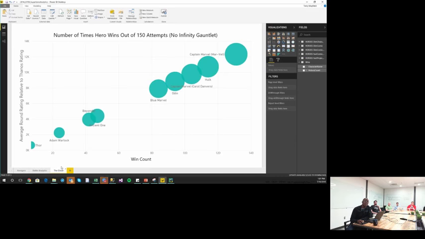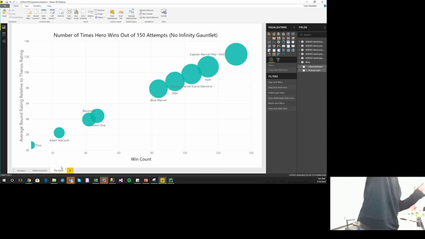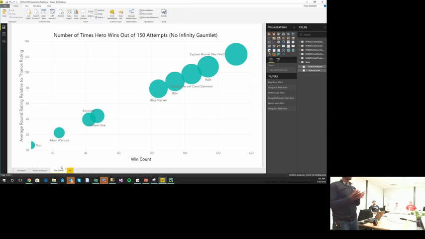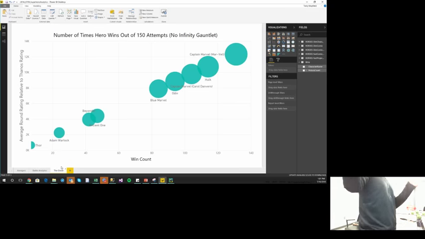So this is a chart that looks at if you fought Thanos 150 times, with no Infinity Gauntlet, given your standard power grid, how many times you'd win. So Hulk wins 115 times out of 150. Just straight up fight. Captain Marvel wins 95 times out of 150. So you see here, these are people you want on your team. Once you get the Infinity Gauntlet off, you need to actually defeat him in a fight.